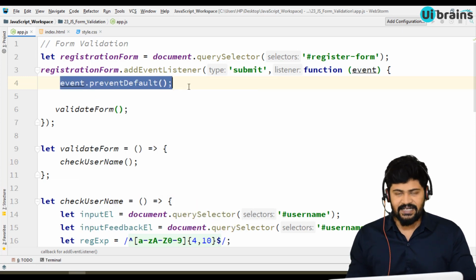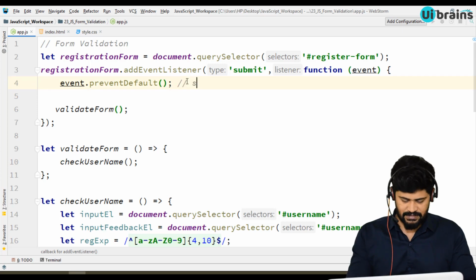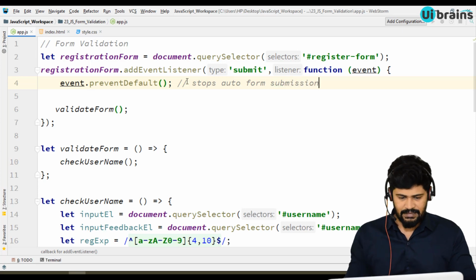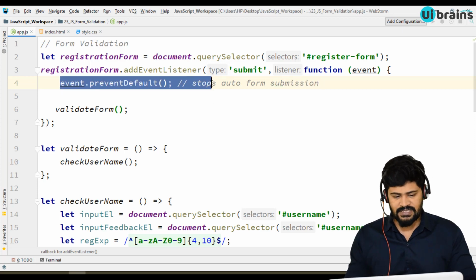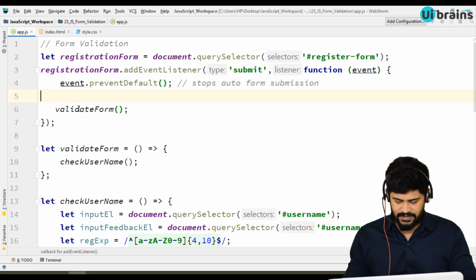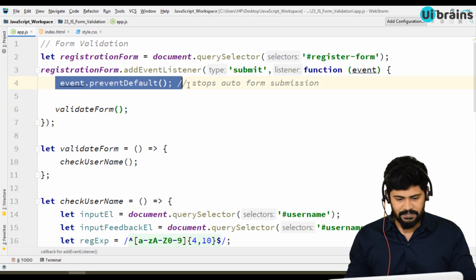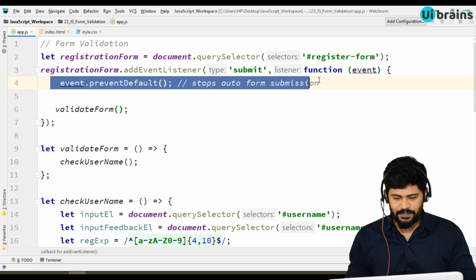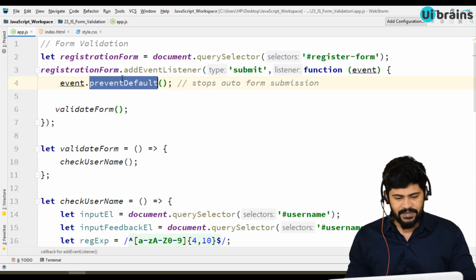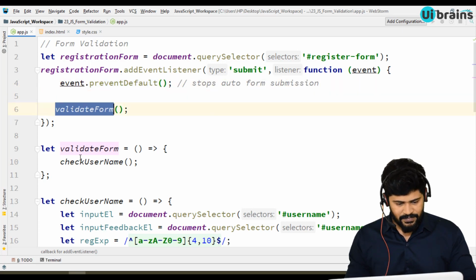What is this preventDefault? It stops the automatic form submission. You must stop the automatic form submission, because otherwise it just refreshes the page and submits the form automatically, so you have to prevent that. Make sure you write this, and it's a predefined function. And validate form is checking the username.